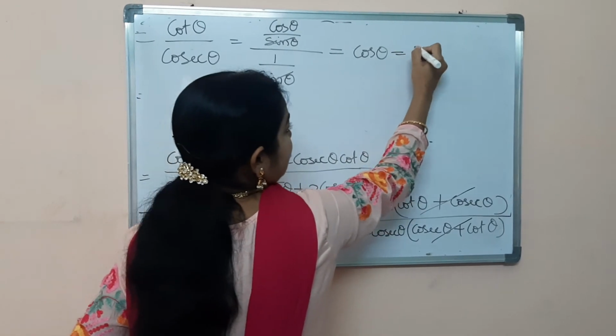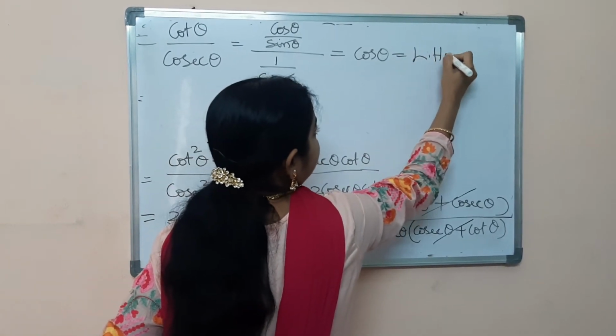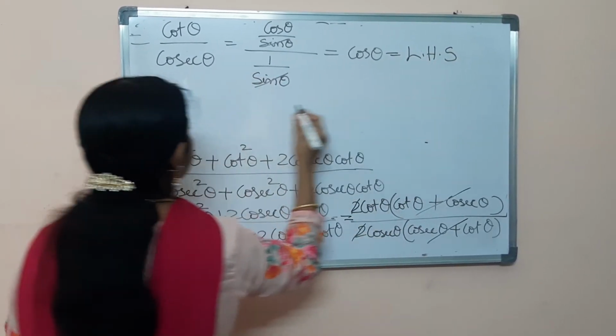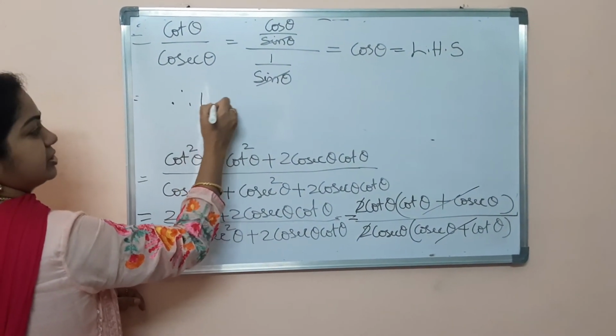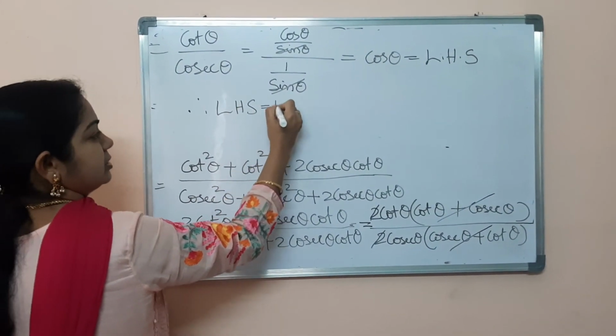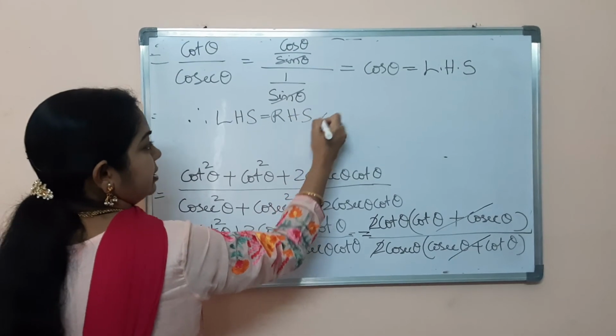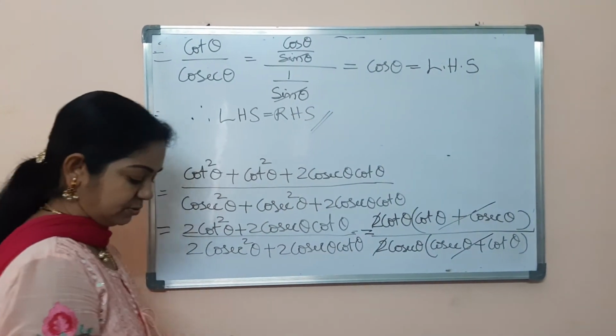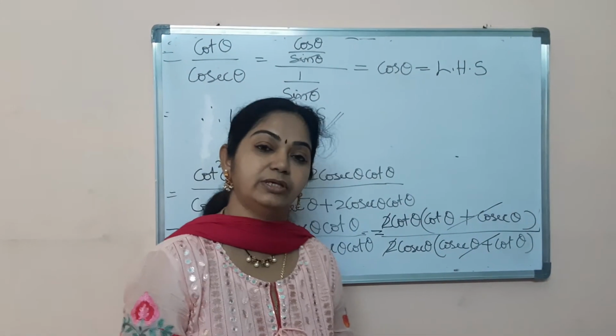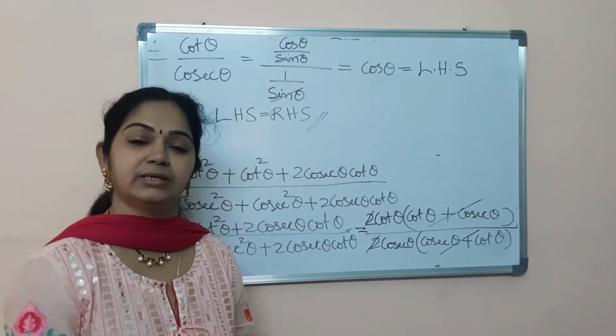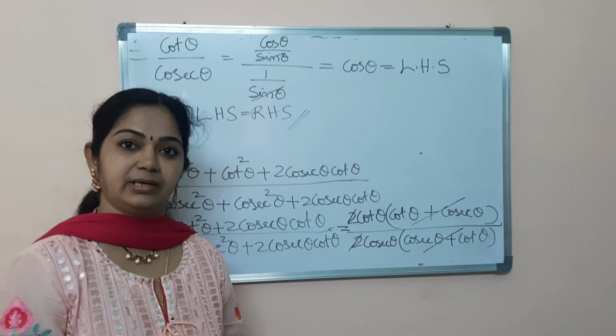So this is our LHS. We started with the RHS, we got the LHS. Thus LHS equals RHS. Hence proved. So like this we can solve all the problems in the chapter of trigonometry, and in particular I would like to tell that